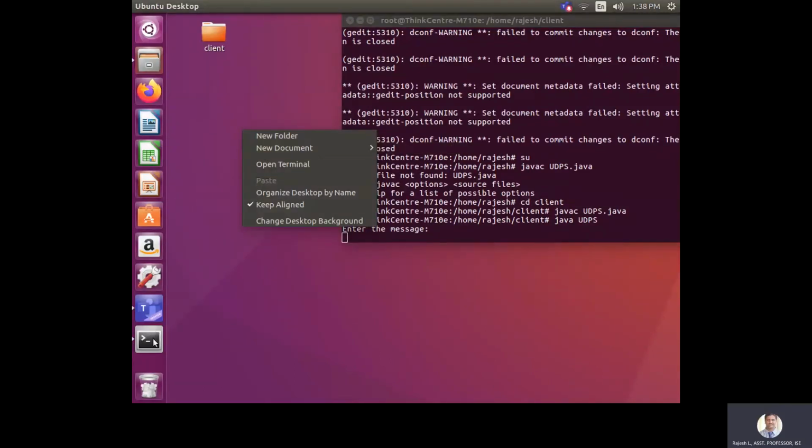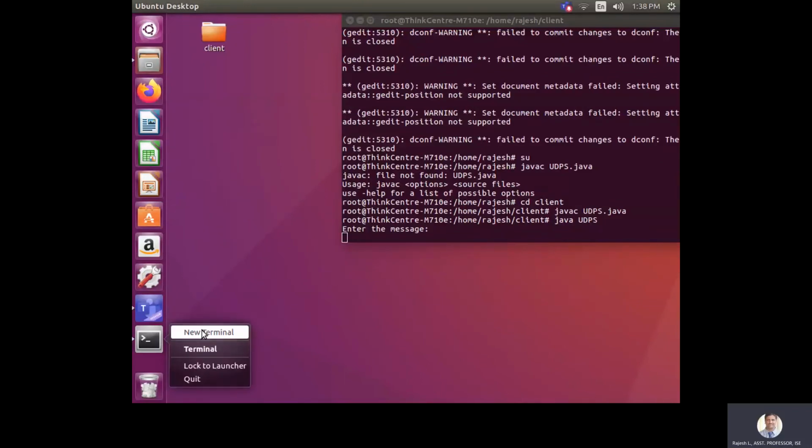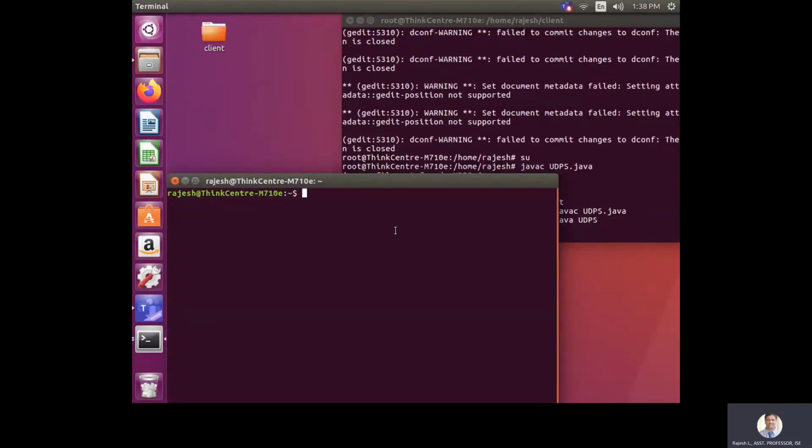Let us open one more terminal. cd /home/Rajesh, client is my folder, under that su is given.